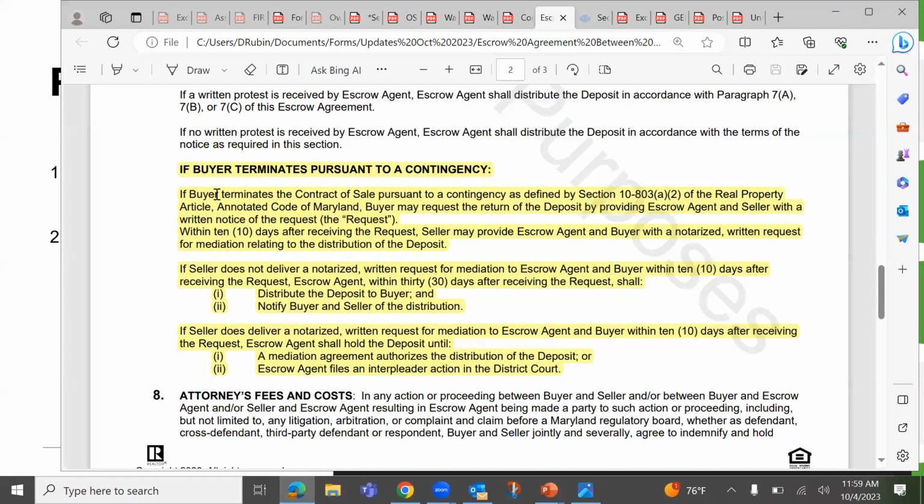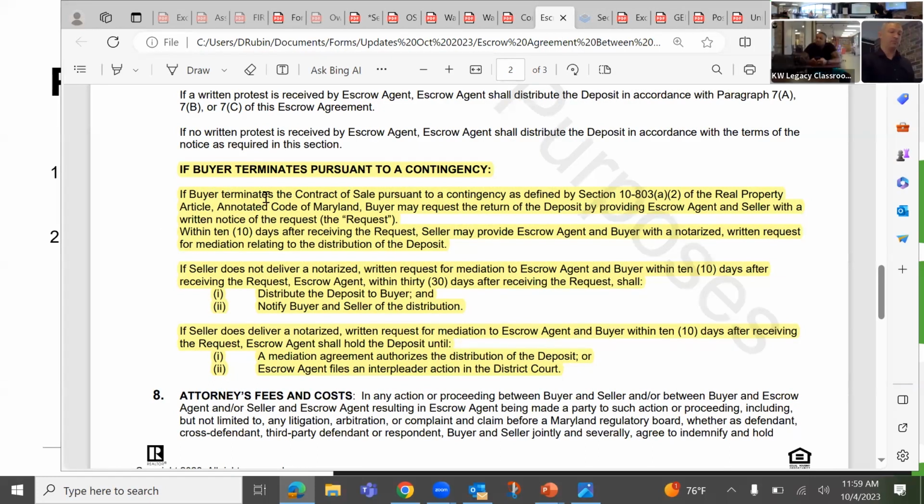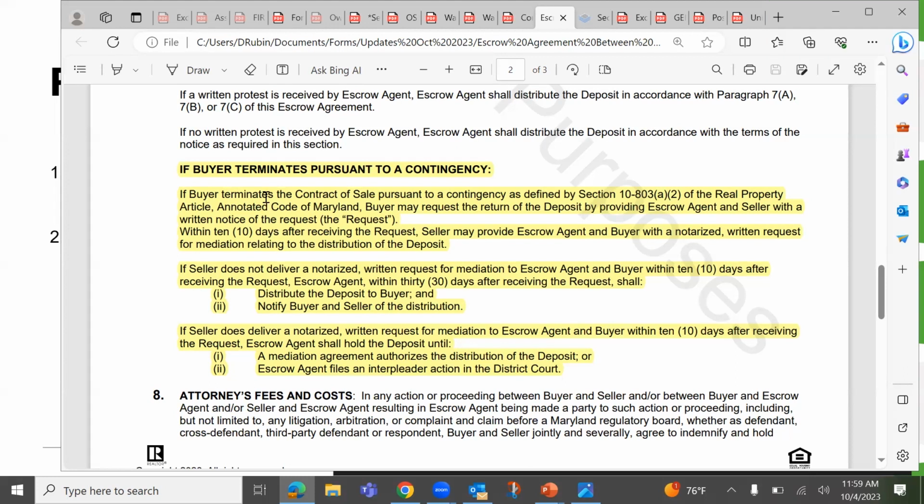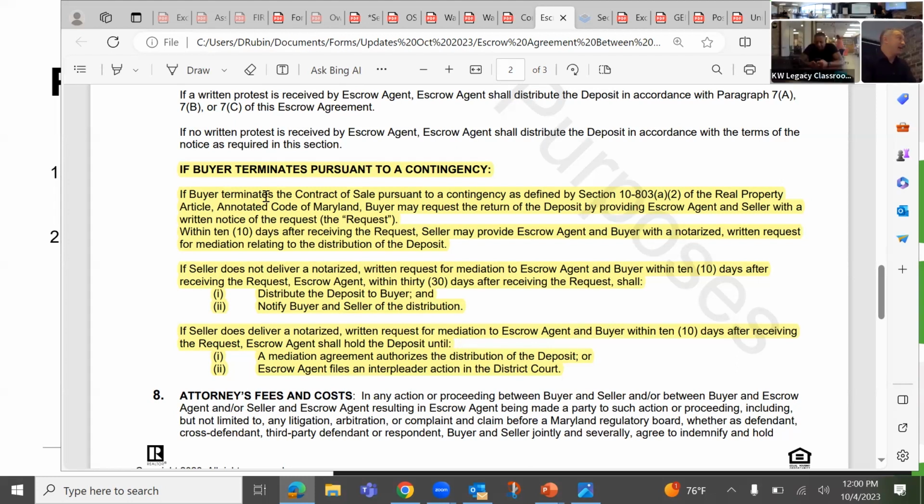Hey Doug, I have a question. Yes, real quick, you have one minute. Right now the request for the return of the deposit has to be signed by buyer and seller. Is there another addendum that has room for just the buyer's signature to send over like a notice, or do you have to type up a notice on your own and have the buyer sign? There's nothing that I know of. I think it's good enough to just type an email saying, give me the money. I think that starts the timeline, but make sure, because it does say that it needs to be provided both to the escrow agent and the seller, just to start that time frame.